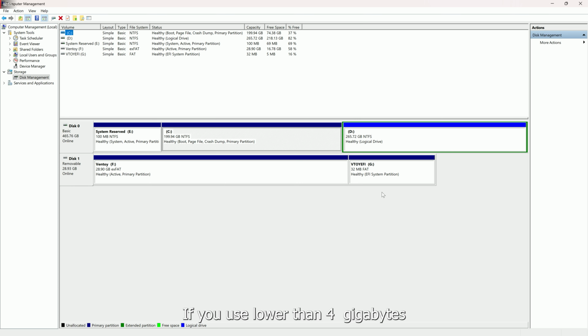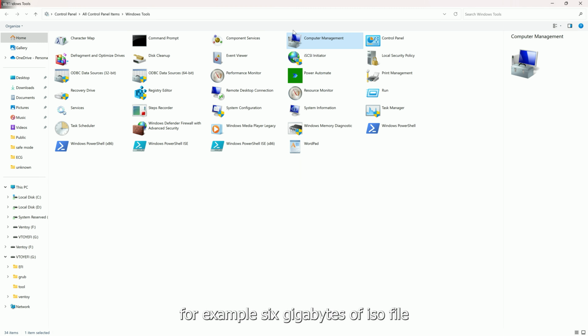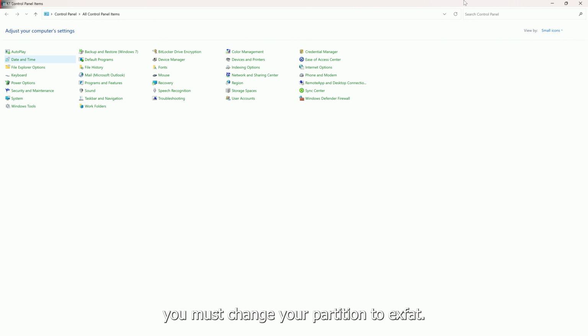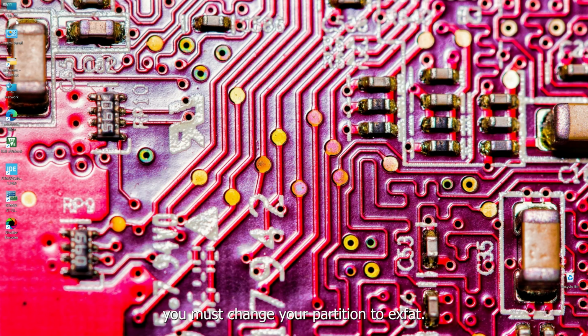If you use removable media with files smaller than 4 GB, it is better to have FAT32. But for transferring large files and large ISOs, for example a 6 GB ISO file, you must change your partition